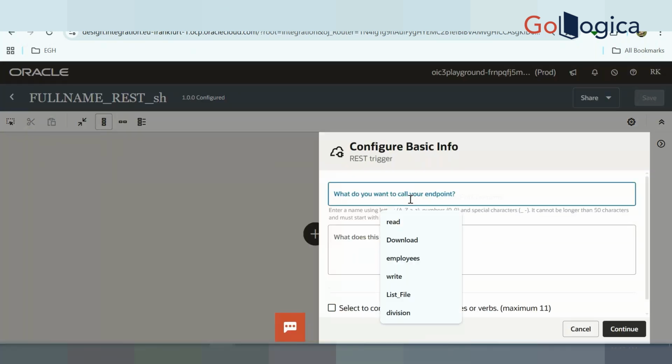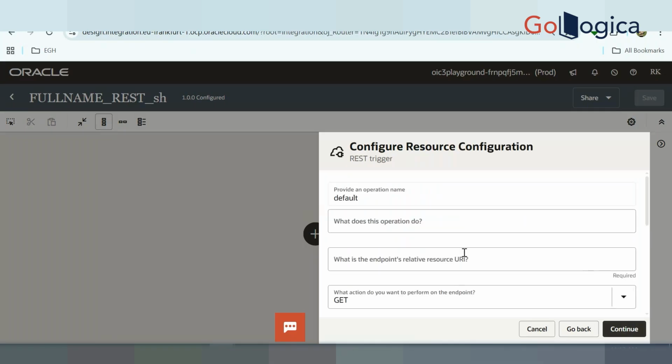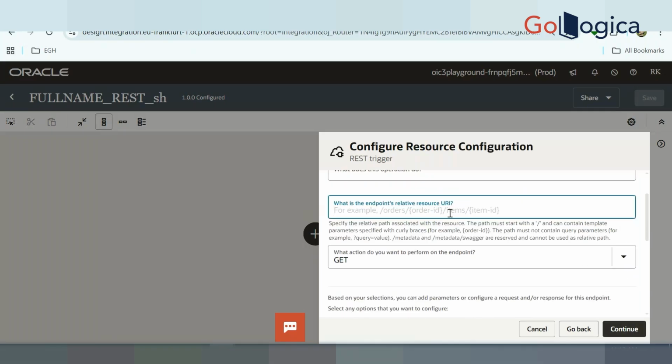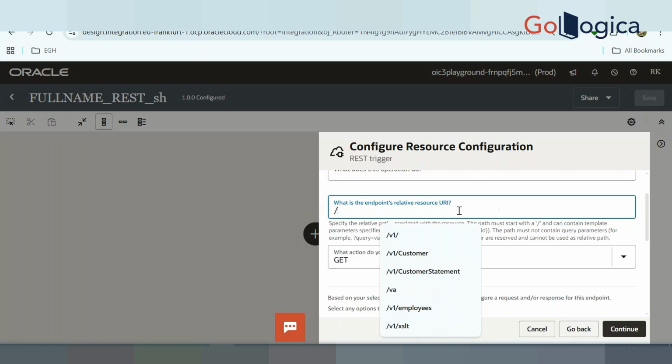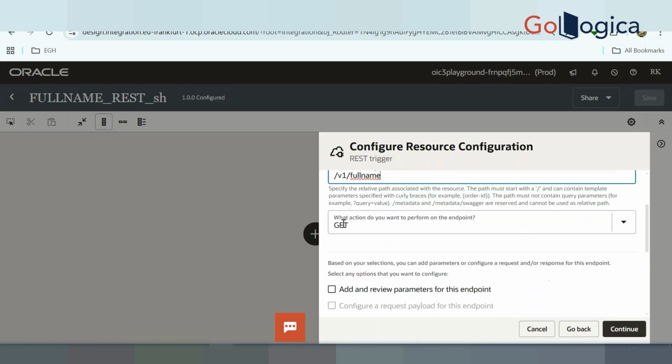Full name. Continue. So here, see the resource path. We need to pass slash v1 slash full name. I'll mention the get method only.